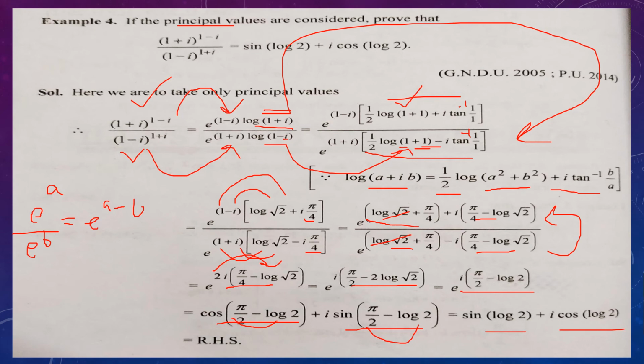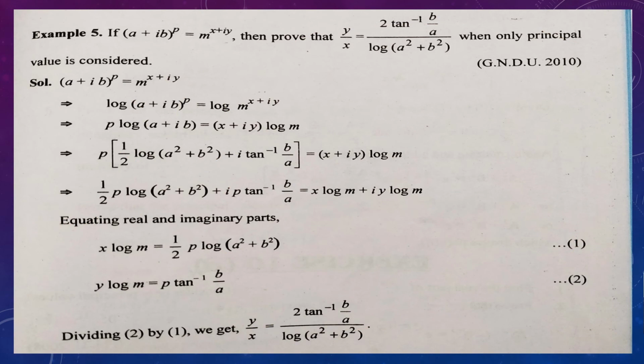Very important question. Another question. First of all, in this question, both sides are exponential, from here also, here also. So we can take log on both sides, and it is given that we take principal values. So we will take small log on both sides. So the power will come ahead. If there are exponential forms on both sides, left as well as right, then you can take log on both sides. Taking log on both sides.